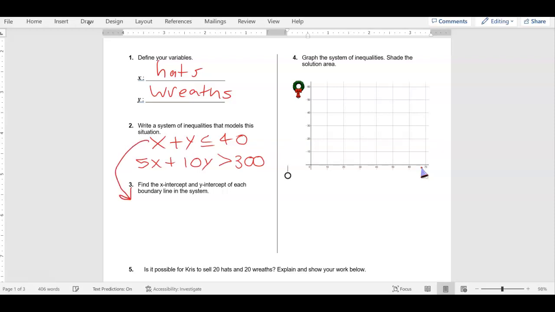Now, this first equation, I'm going to write it, and what you're going to do is find two intercepts, the x and the y. Here's how you do it. To find an x-intercept, you're going to plug in 0 for y. And to find a y-intercept, you're going to plug in a 0 for x. Okay? So here's how we do it. I'm going to write this equation, write kind of small. Okay. And now that's going to split into two. I'm going to put a 0 here for x. So it's going to be 0 plus y less than or equal to 40.